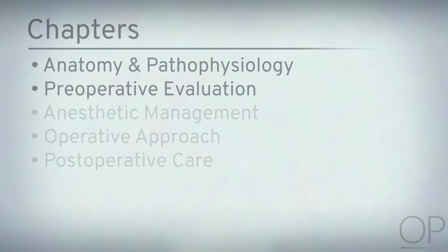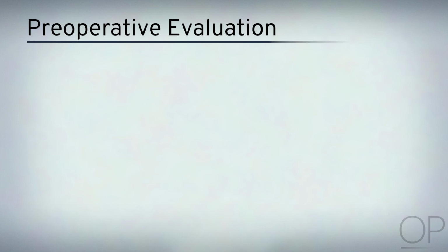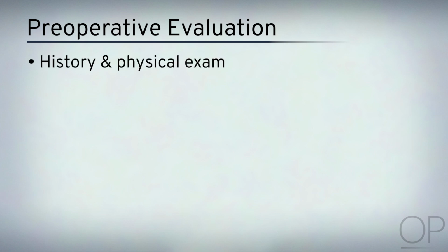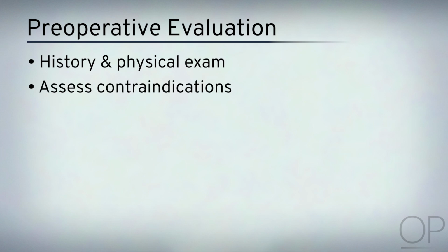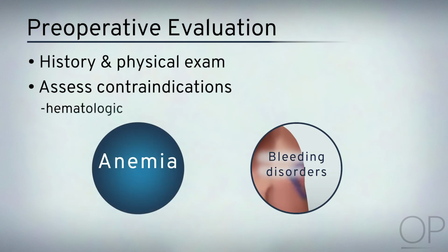Preoperative evaluation. In preparation for tonsillectomy and/or adenoidectomy, evaluation of a patient should begin with a standard history and physical examination, with special attention paid towards assessing for potential contraindications and/or conditions associated with increased risk of perioperative complications. Preoperative evaluation should include investigation of clinical signs of anemia or bleeding disorders. There are validated questionnaires that may be used for preoperative screening, including assessing personal or family history of unusual bleeding or bruising. A laboratory evaluation and possibly referral to a pediatric hematologist may be warranted.